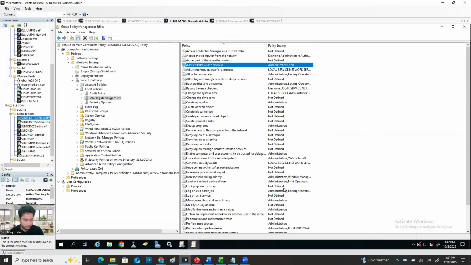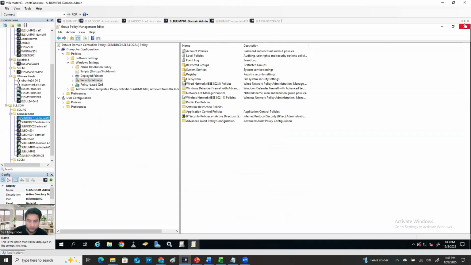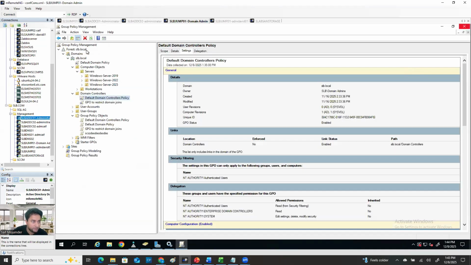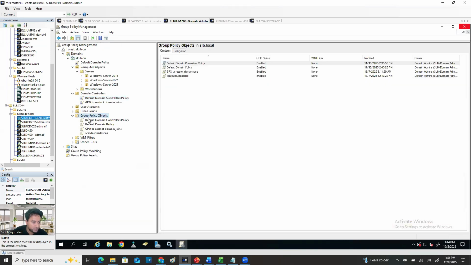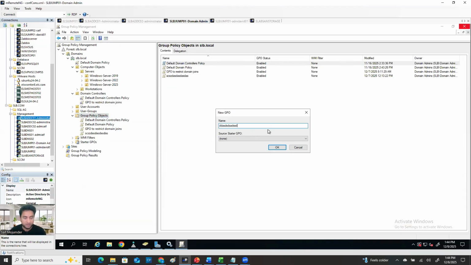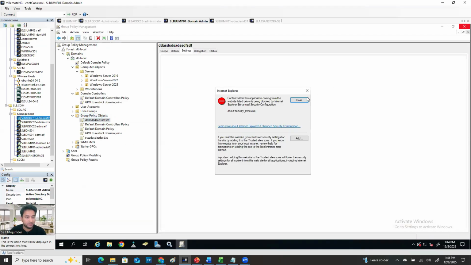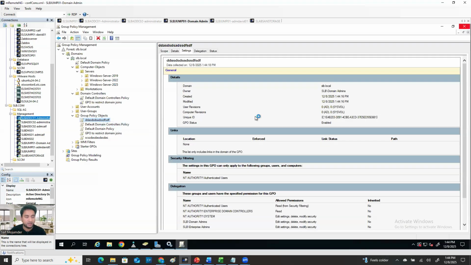Or what you can do, and also you can create a new one. Like how you're going to create a new one, that's what I'm going to show you. So all the time, if you go to the group policy management, don't create anything right there, like this, create a group policy. Just all the time go here, group policy object, right click on it, new, and then you can type whatever you want. This is for blah blah blah, and then click OK. Then you're going to see it here, and then right click on it, and then go edit